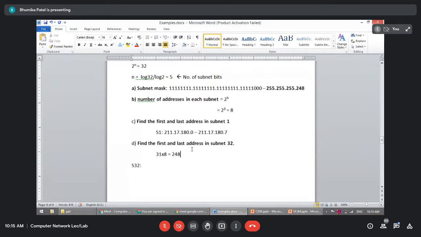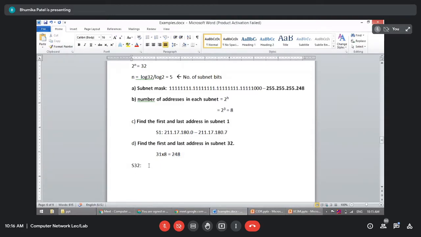Everybody is getting it. See, I have to find the IP address in subnet number 32. You first have to see how many subnets before 32 have already been used. So it is 31. Subnets 1 to 31 will come before subnet number 32, and each has 8 IP addresses. That is, IP addresses from 0 to 247 will already be allocated. Like this: 0 to 7, then 8 to 15, then 16 to 23, then 24 to 31 and so on. You find this for subnet number 1, subnet number 2, one by one. When you reach 31, the last IP address used will be 247.